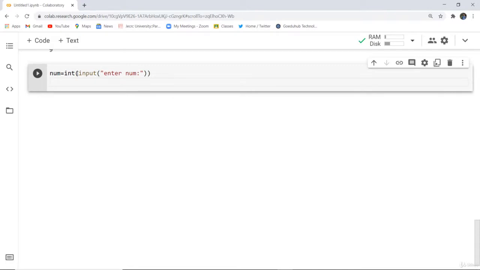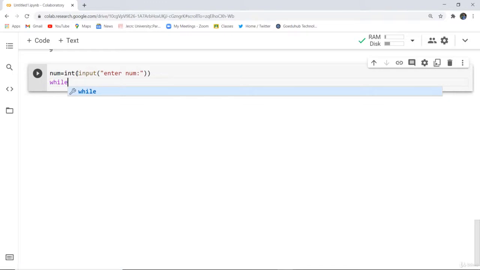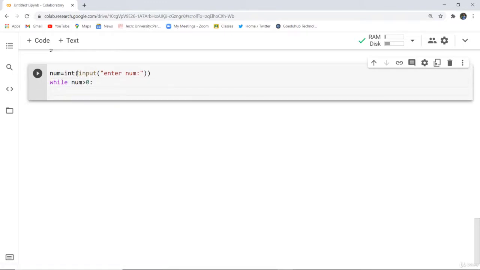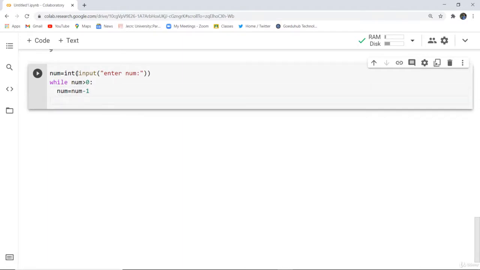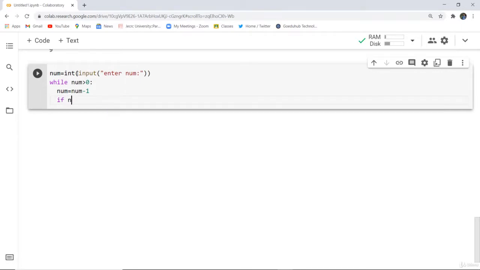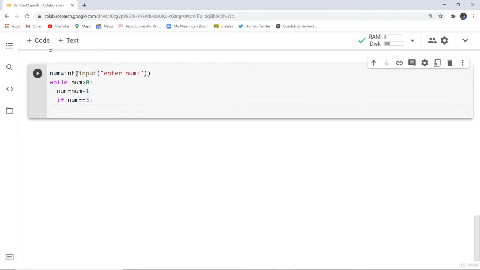So this will take an input from the user, and what it is going to check is while num is greater than 0, it will decrement num by 1. Okay, and if num is equal to 3, then what it has to do, it will continue,